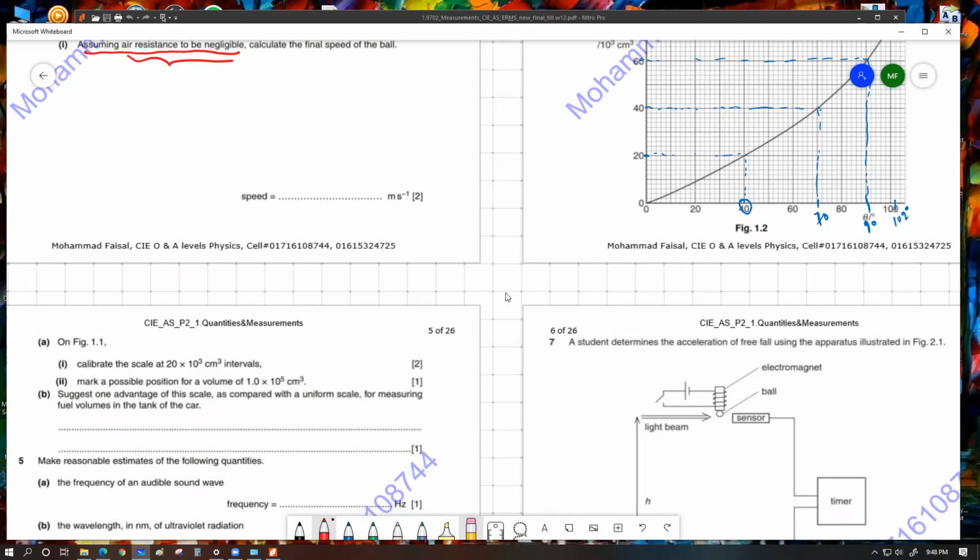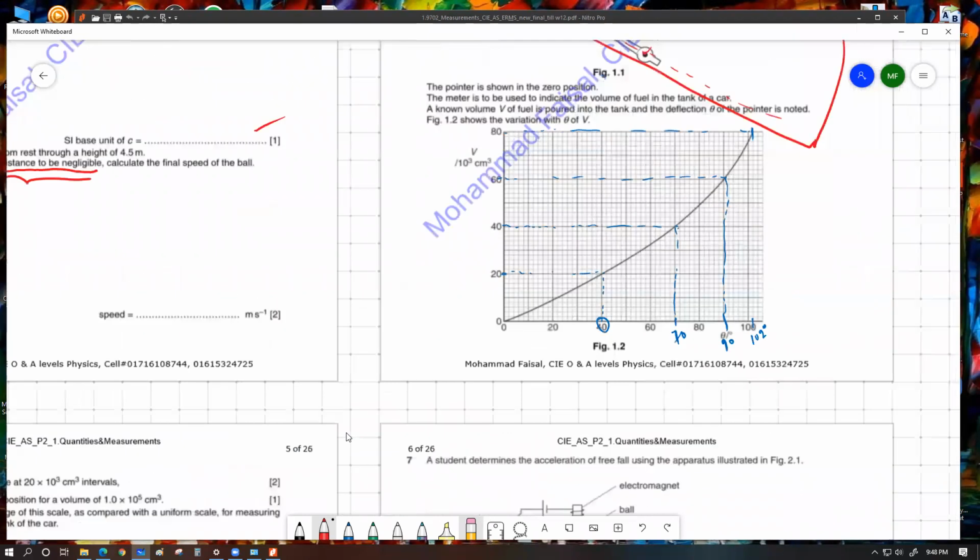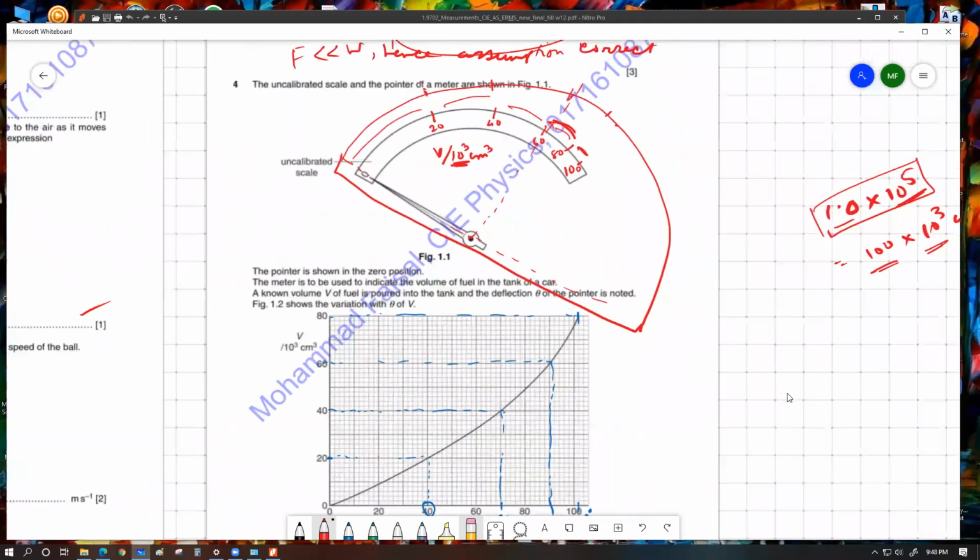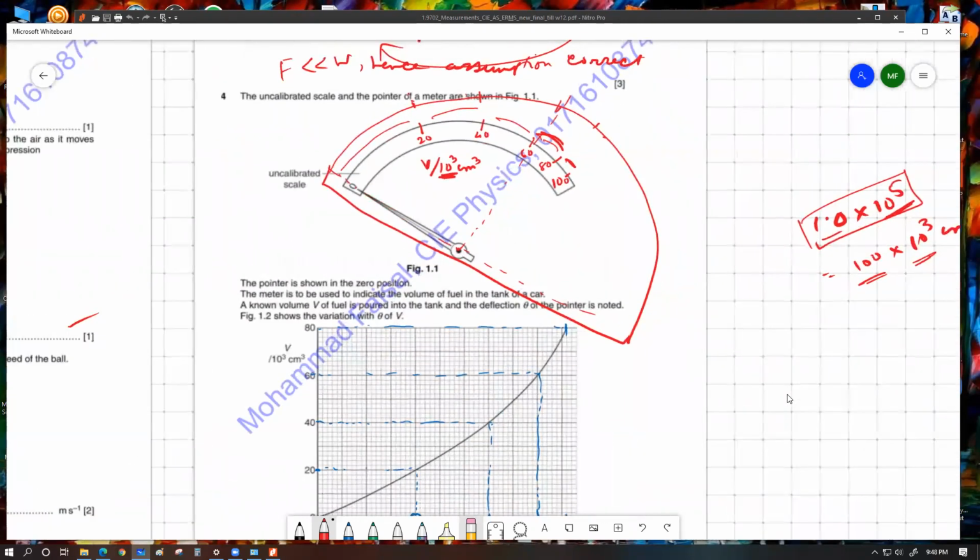Suggest an advantage of the scale as compared with uniform scale for measuring fuel volumes in the tank of the car. So এটার অ্যাডভান্টেজ কি? এখানে অ্যাডভান্টেজটা হচ্ছে এরকম, if you try to understand when is the fuel scale of a certain vehicle actually comes into handy. It is more useful whenever the fuel is about to become empty. Because whenever you look at your fuel gauge and you see that the gauge is located on